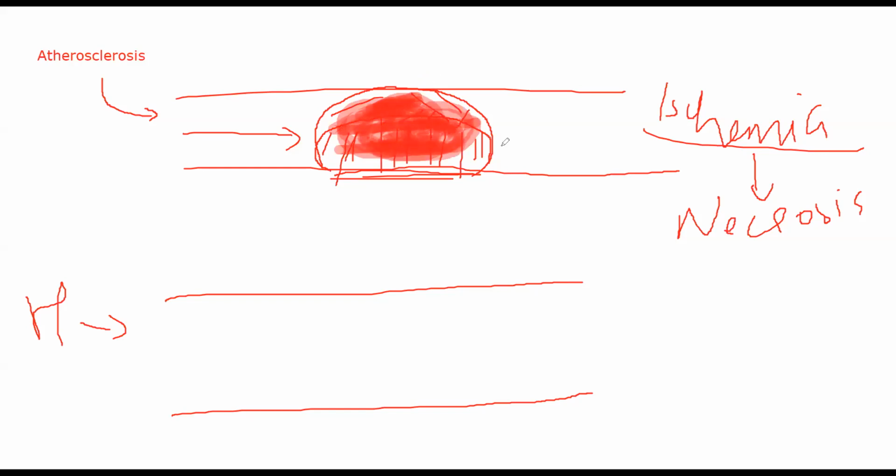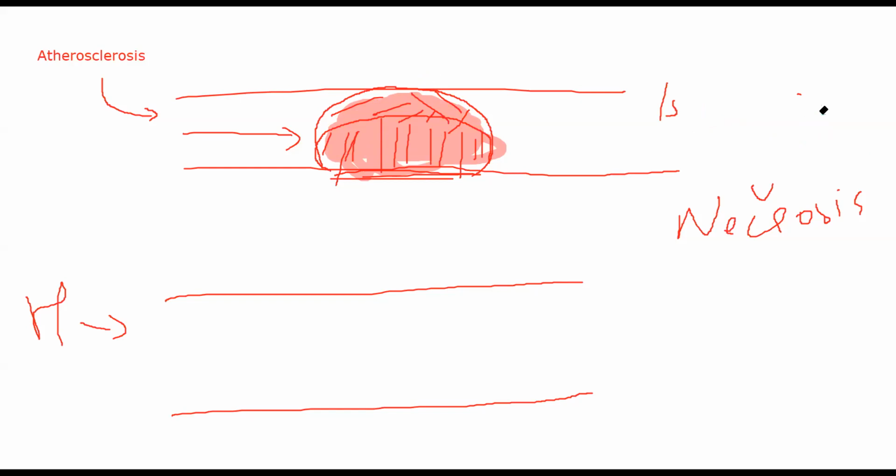Okay, this atheroma, it will become so hardened that it will not budge under the pressure of your blood, and it will block all the flow of blood that is going to whichever organ it is going. Okay, let's suppose this is a coronary artery. What are coronary arteries or your coronaries?